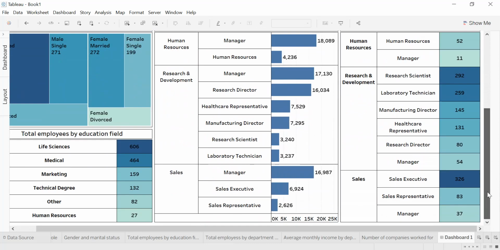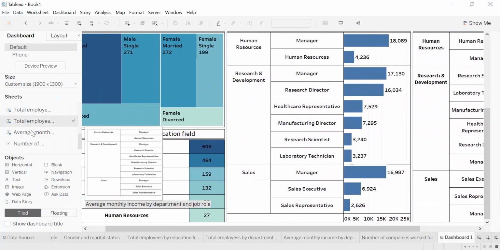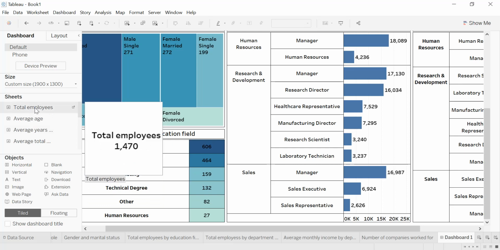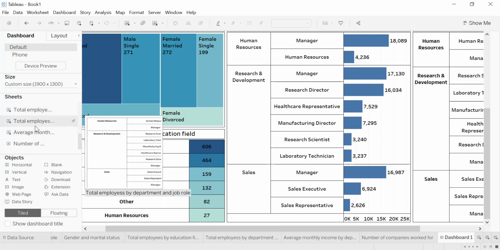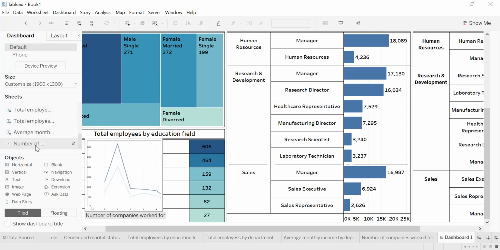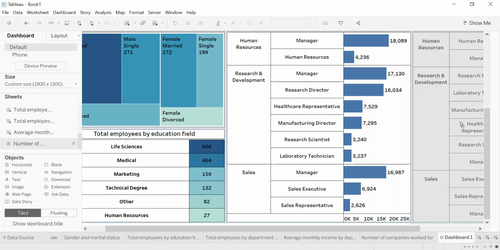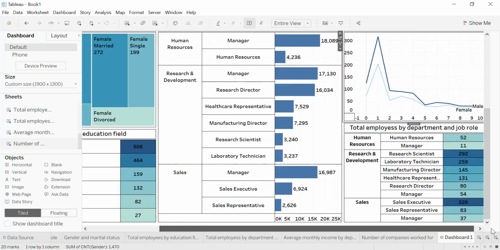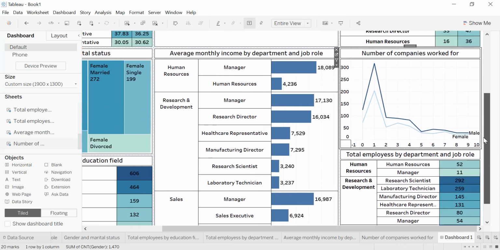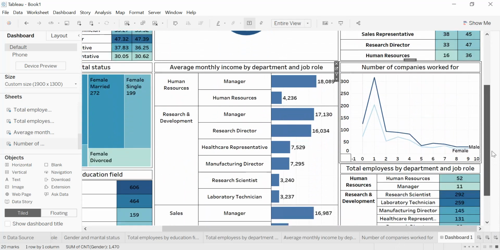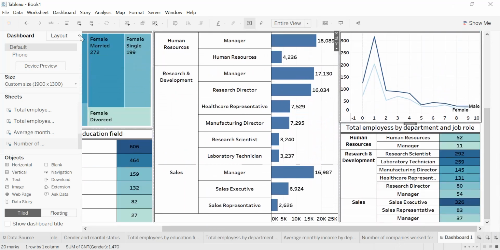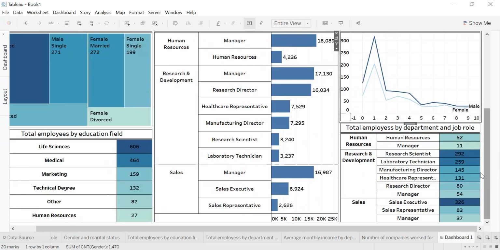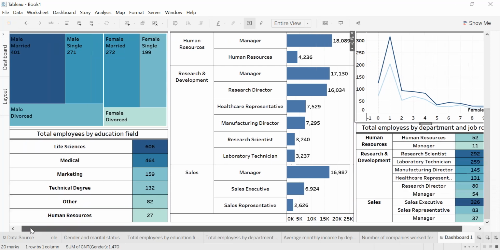And here also we'll add the total companies worked for, which is in here. Total companies worked for, so we'll put it here, right? Okay, so here we have total employees by department and job role, total employees by education field,